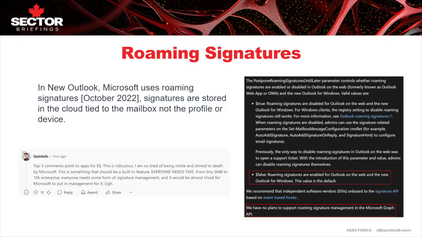Roaming signatures are those signatures that you leave at the end of the email, right? At least theoretically, those are just characters that you add at the end of the email. But it's more advanced than that. Email is represented usually as something like an HTML. A roaming signature, or signature overall, can have images, can have links, can have a visit card.